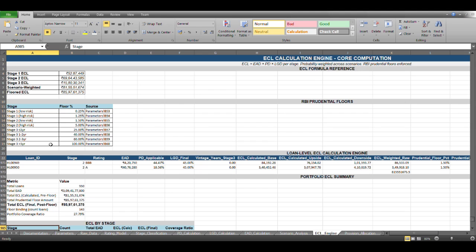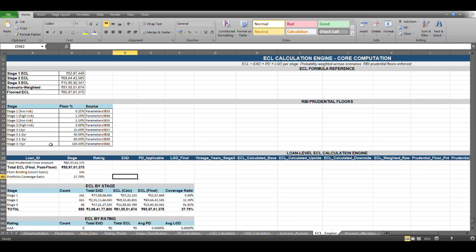From summary you can understand a bit better that this portfolio consists of 950 loans, with a total EAD of 3.09 crores as we have seen, and the calculated ECL before applying the floor is 81.56, and the final ECL then increases to 85.97, and this results in a portfolio coverage of 27.79%.